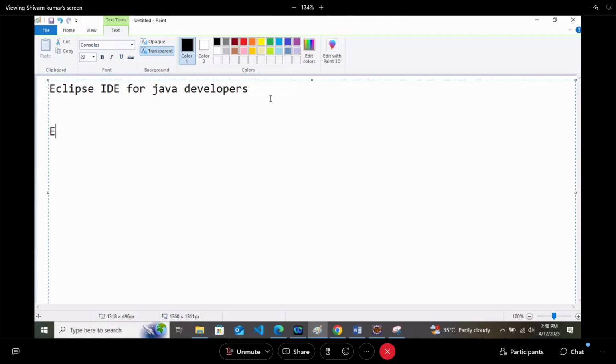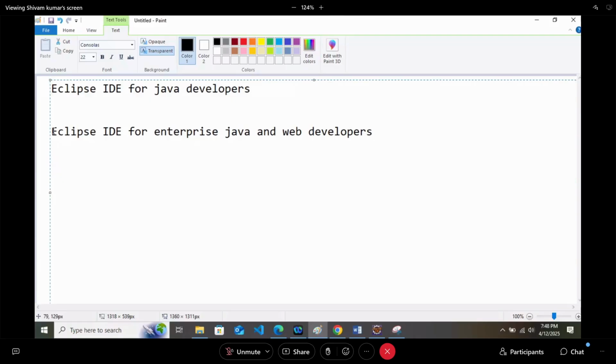You will get it with the second option, Eclipse IDE for Enterprise Java and Web Developers. You have to select this one, Eclipse IDE for Enterprise Java and Web Developers.